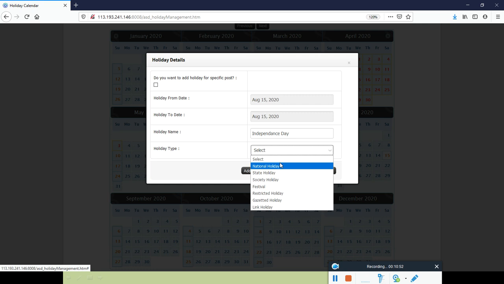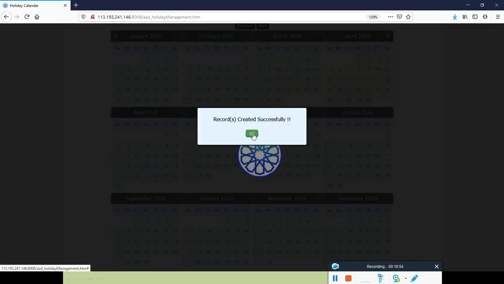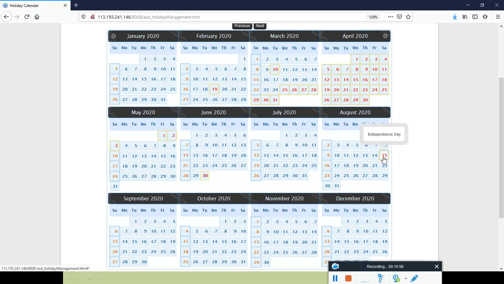It's a national holiday, so save it. It will appear on the 15th August. If there is some schedule on that particular date, it will be carried forward to the next working day. So this is how you can manage the different academic calendars and holiday calendars across your entire semester duration.